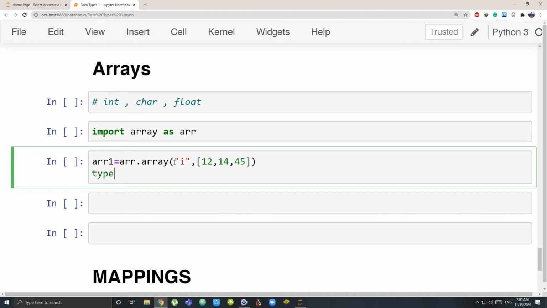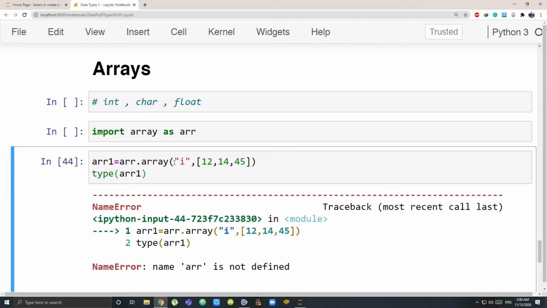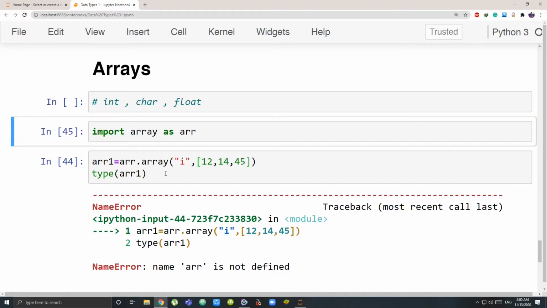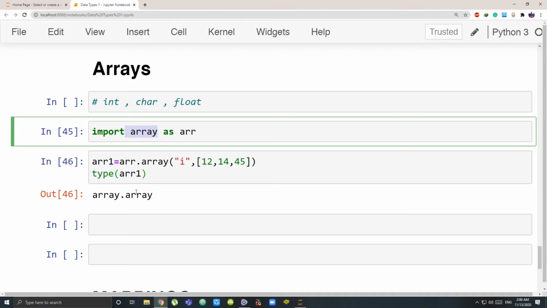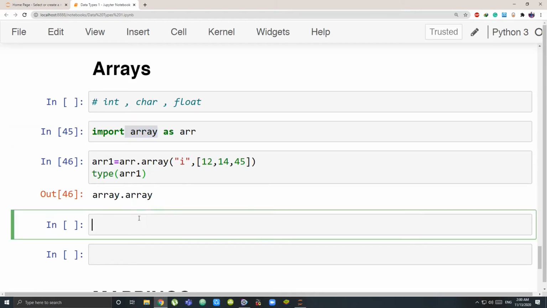Don't worry, we will take another array and I'll explain again. So what is the type of array1? Is there any mistake? I didn't run the first cell, I think, yeah. So you can see the type is array dot array. That means from the array module, this type comes to be array.